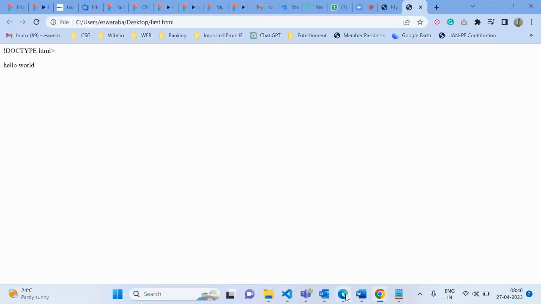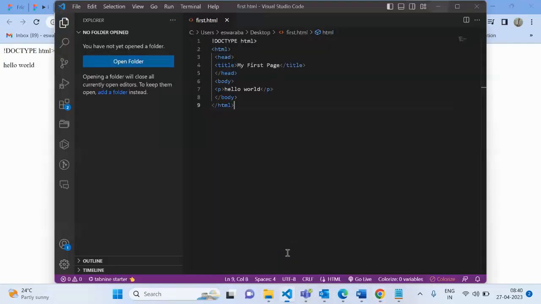In my HTML file, see here, something is missing. What is missing? Why is the doctype coming? The braces are missing. Every HTML will have braces, left and right, so it will be enclosed with the left and right. Everything should be written in between them. If something is missing, what will happen? The page will not identify this.